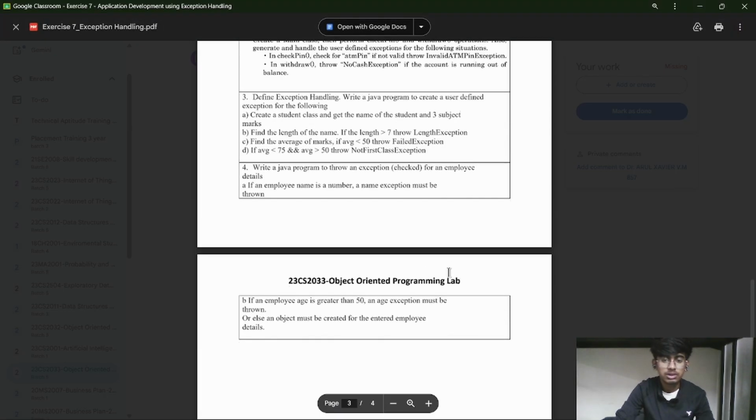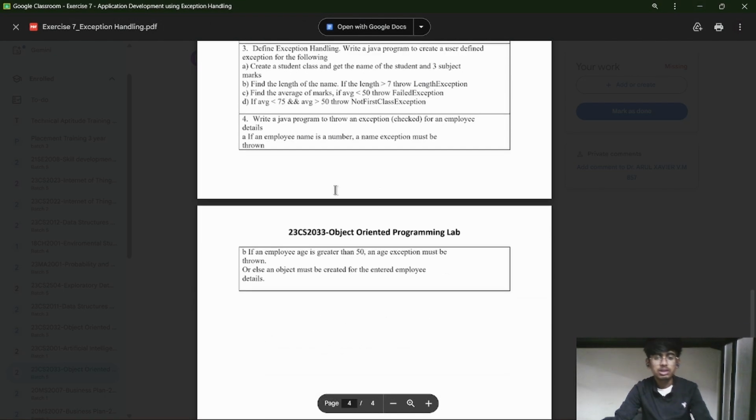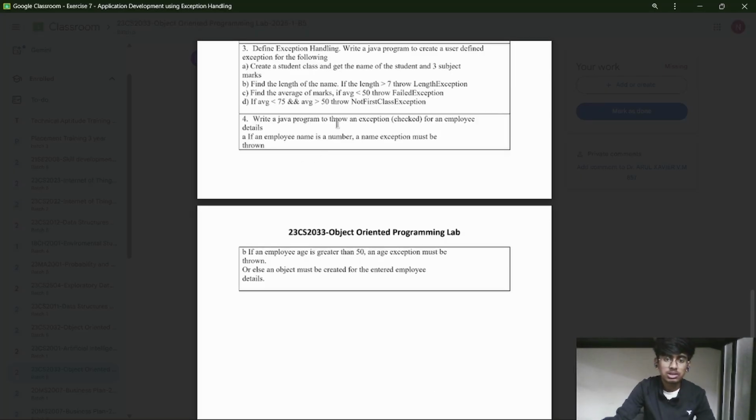So this is the seventh experiment regarding exception handling, and the question I was given is write a Java program to throw an exception for an employee details. Well, there's two types of exceptions here. The first one is when a number is entered in an employee name column, it triggers this exception, and for the second one, if an employee's age is greater than 50, it triggers this